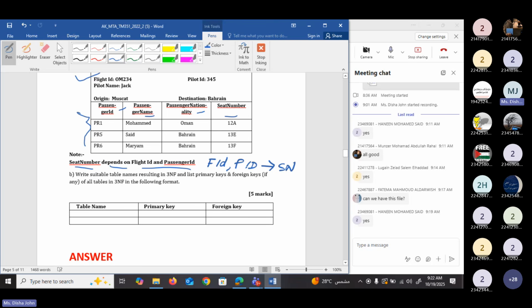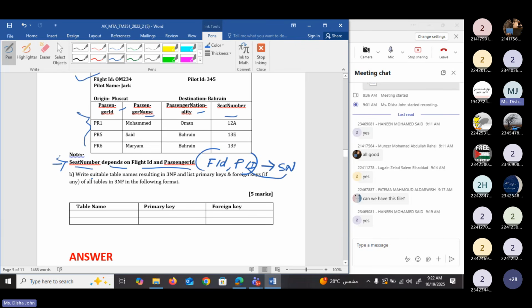If you write like this, it is a functional dependency, and we can say that seat number is dependent on both flight ID and passenger ID. So whenever you decide the normal forms, we need to consider this dependency also. So this is the first part of the question.